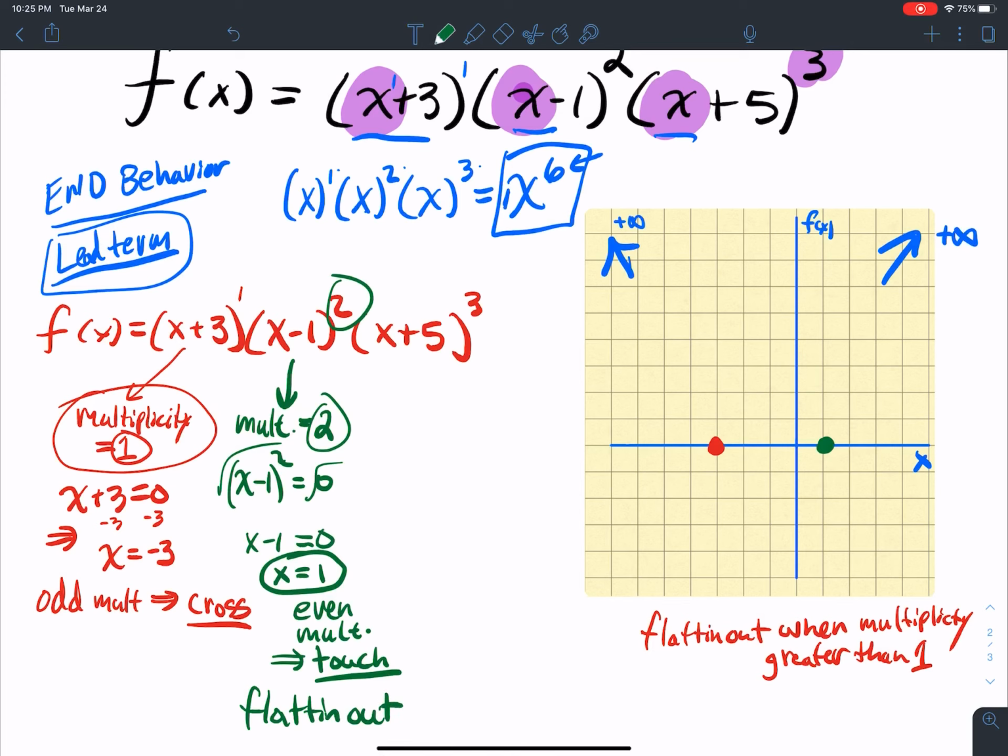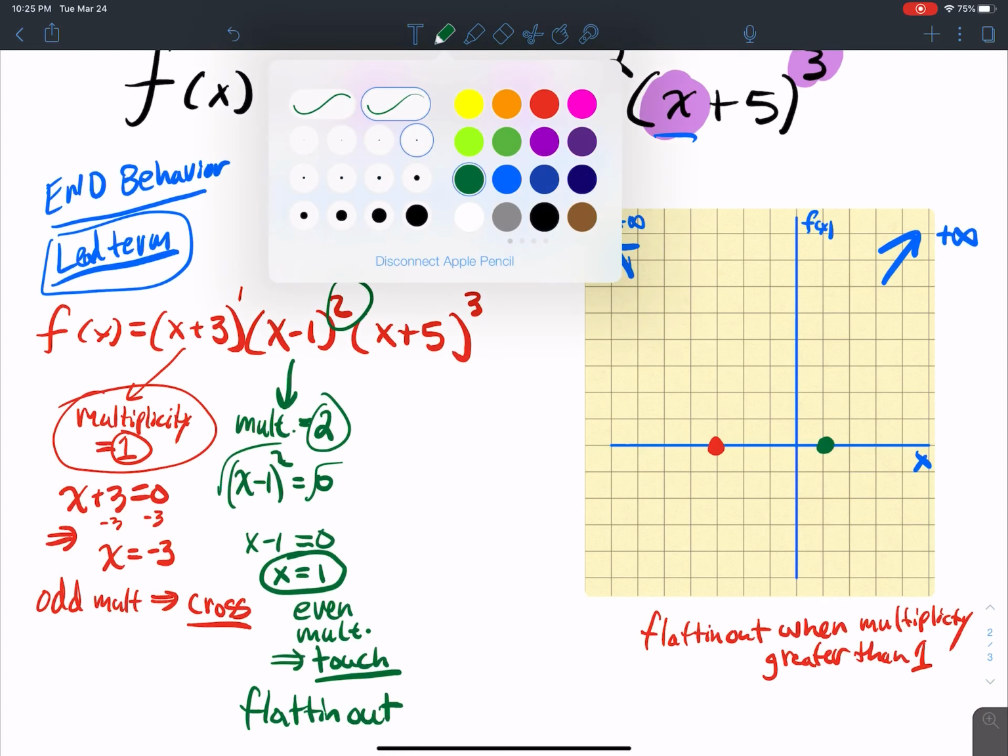What do I mean by flatten out? As I come in close to the 0, what's going to happen? I sort of flatten out, and then I come back up. You think about it, anytime it's even, I'm going to bounce. Well, if I'm bouncing, I'm always flattening out around that root. Okay? All right, the last one here,